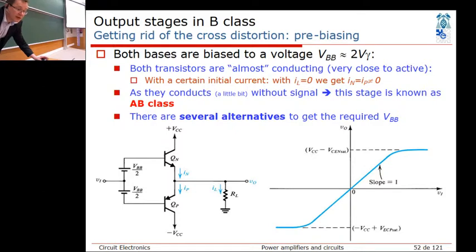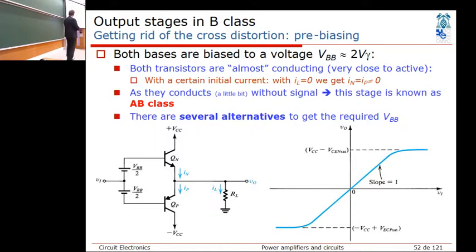So today we will continue exactly where we ended up. So we ended here, output stages in B class. The A class was nice, but you can get only up to 25% of efficiency, and basically this B class, or now we call AB class amplifiers, I think there is a promise for better. So basically,